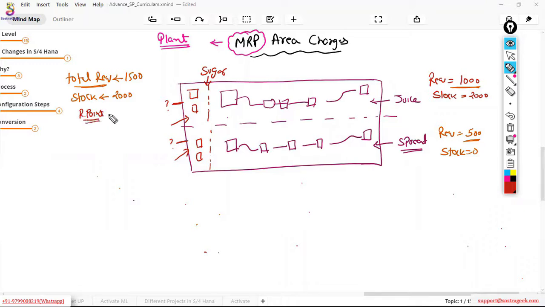Let's say you defined your reorder point as 400. In this case, will the system generate any purchase requisition? I have now defined my reorder point as 400. No, it will not generate. That's right, it will not generate.